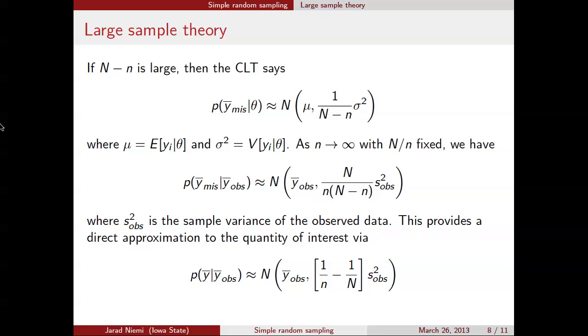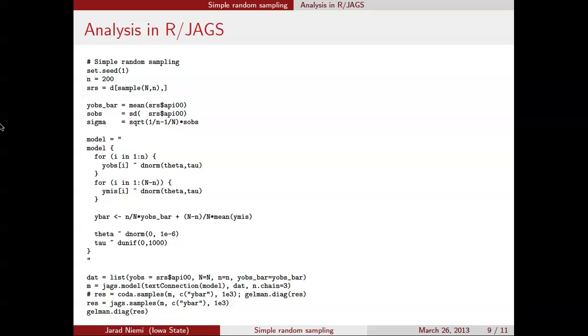Okay. So this is the R code. I'm just going to point out here's the statistics you need to do the large sample theory. This is where I've assumed that the observed data and the missing data are both normal with the same mean and variance. What this is going to do right here is actually simulate the missing data. And then given that missing data, I calculate its mean and plug it into this formula so that y bar is a draw from the posterior for y bar. Now this is actually a draw from the true posterior, but where we've assumed that it's normally distributed, and we've assumed these priors, which are diffuse proper priors.